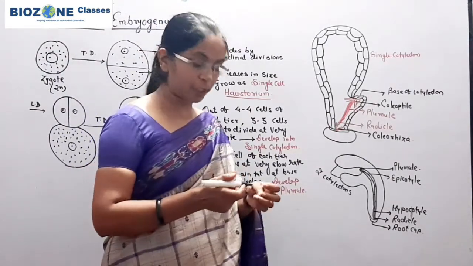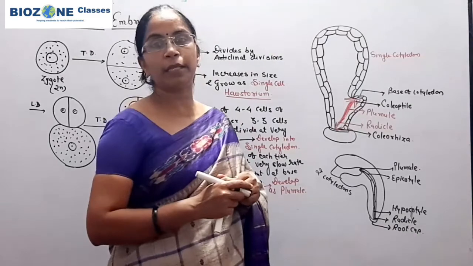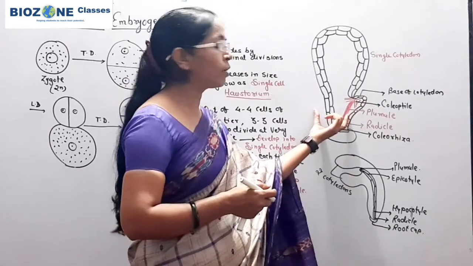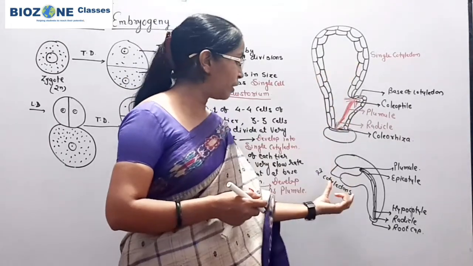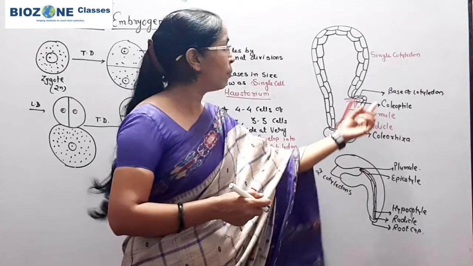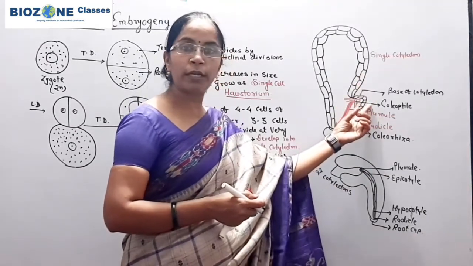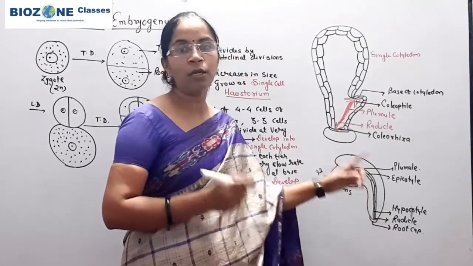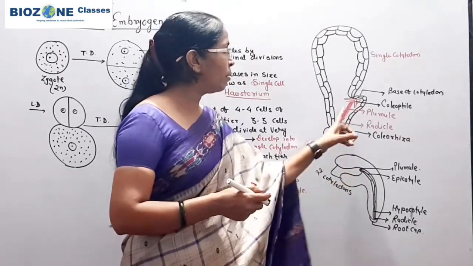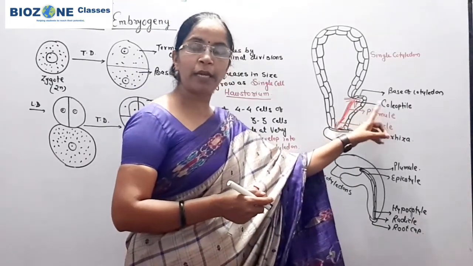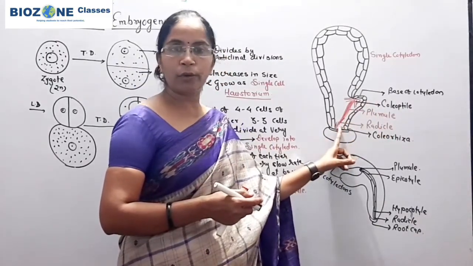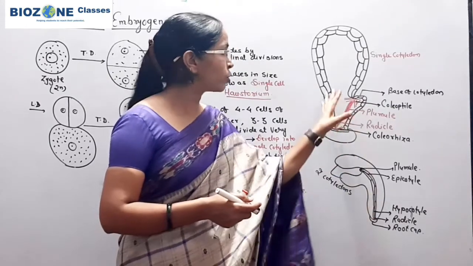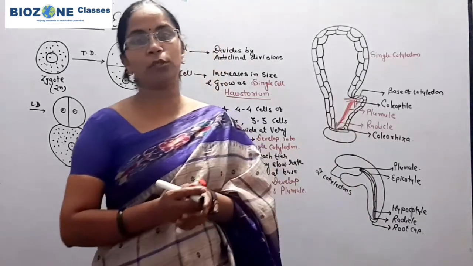Sometimes questions are asked on the differences between monocot and dicot structure. You remember, in monocots a single cotyledon is present, in dicots two cotyledons are present. The plumule is present at the base of the cotyledon in monocots. In dicots the plumule is present exactly in the center between the cotyledons. Secondly, the plumule is protected by the coleoptile and the radicle by the coleorhiza, but such structures are completely absent in the dicot embryo.